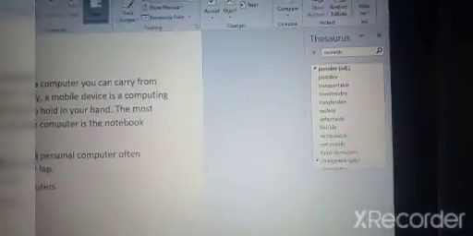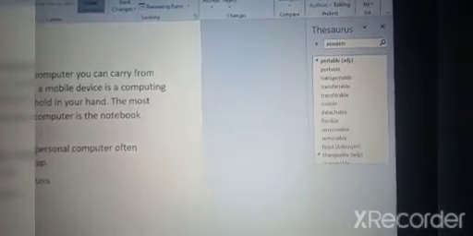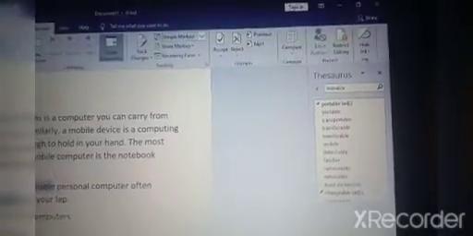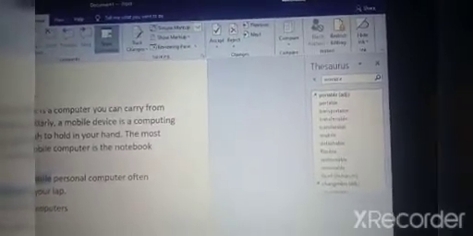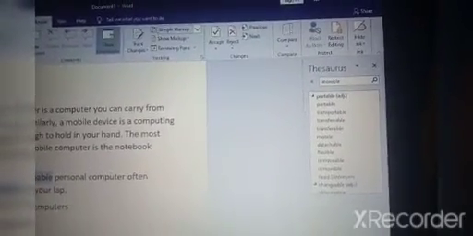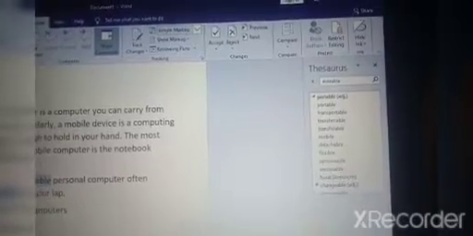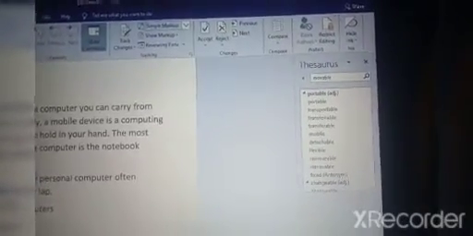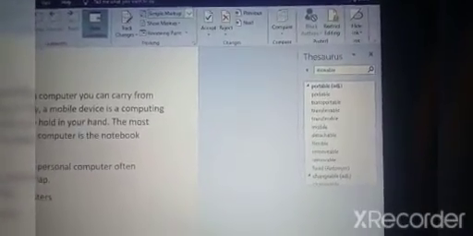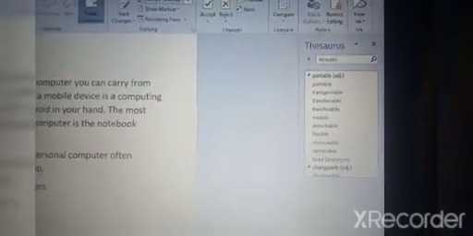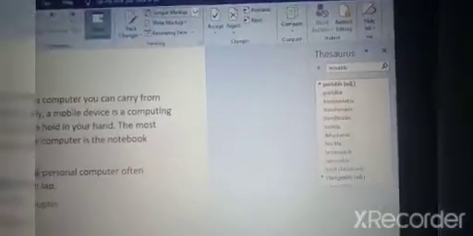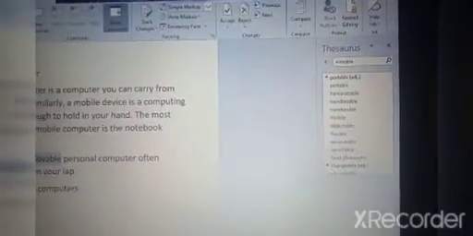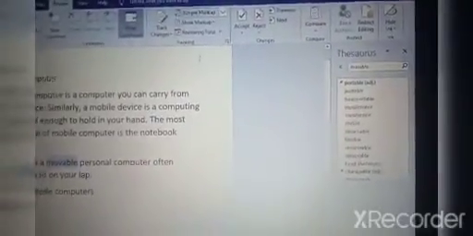You can see the word movable is selected, right, children? You can see on the right hand side you get all the options for that word. Different options, different synonyms are there, and antonyms also are there. It shows that fixed is an antonym. So which one do you want to take in your document? I will take this, portable.